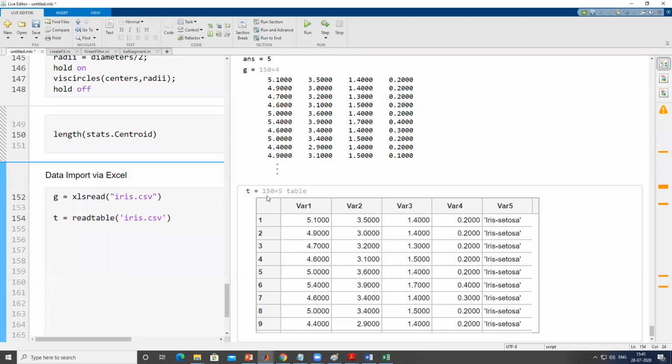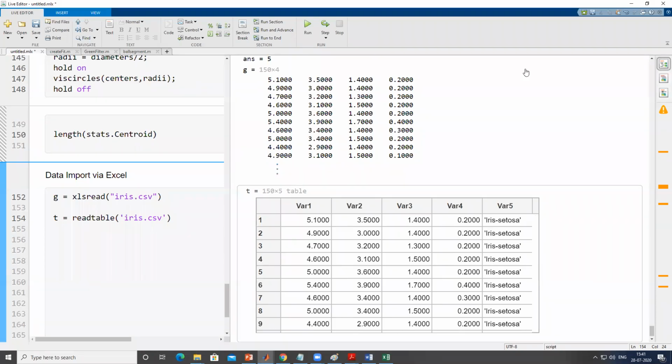But in the table, we have 150 cross 5, because it can take string type data, date type, or any other format. So this is the difference in how you can import Excel data into MATLAB. You can use XLS read, and you can also use the readtable command.